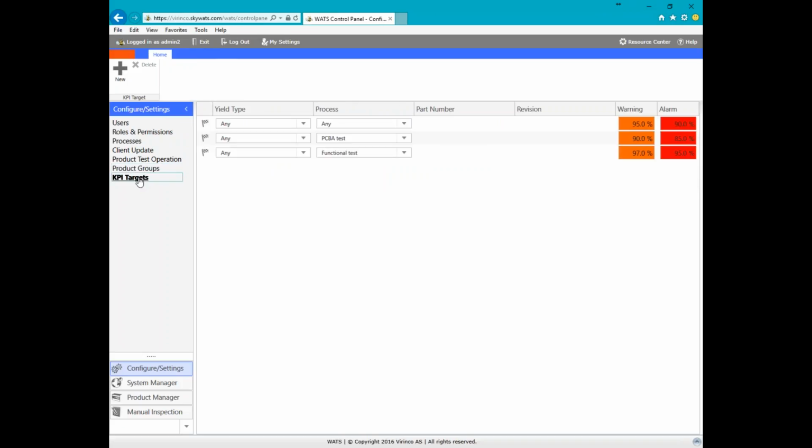You can also define your KPI targets. These are the alarm levels that will be used throughout the reporting portal in the system. So here I've set for the PCBA test and the functional test, I've set some individual warning levels and alarm levels. Okay, we will log out,